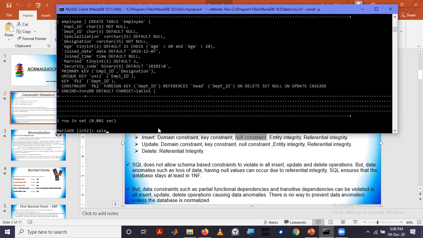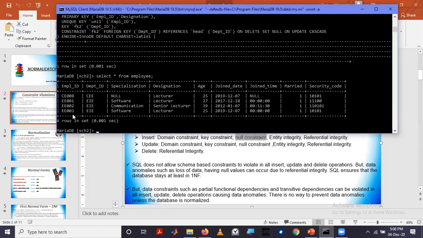To look at what data is in this table, I will visualize the data. I'll try to edit this one and make EE003 into EE002. Then both of these will have the same value. But the key constraint specifies that this employee ID is unique. We'll see whether we will be allowed to violate that constraint or not.